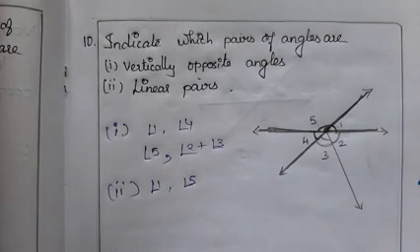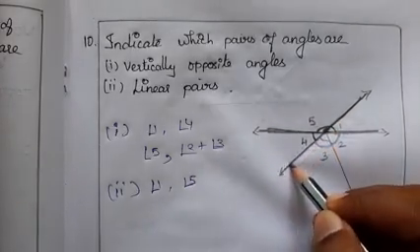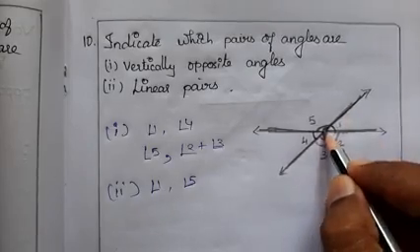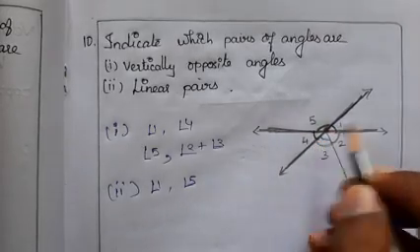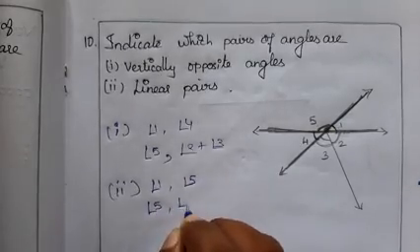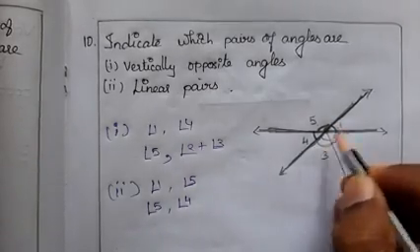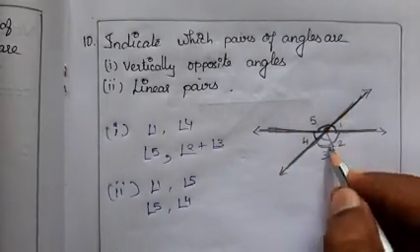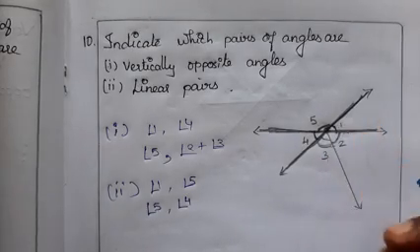The same way in the below also. Here we can consider it as a straight line, and this is a common arm, so common vertex. This is the common arm. You can see that both angle 5 and angle 4. So therefore angle 5 and angle 4. We can consider this below also, but there will be 3 angles. So for adjacent angles there should be 2, so we are not considering 2 3 1 and 2 3 4. Clear?